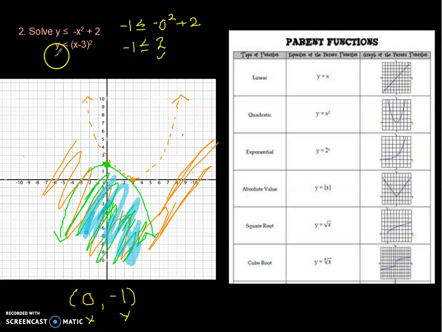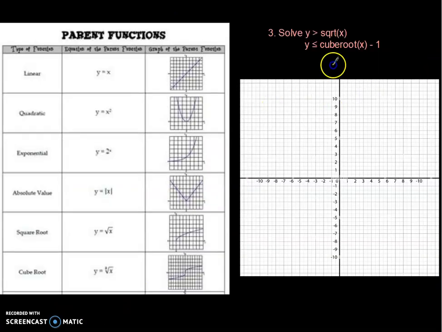If I replace the y with -1 for the second inequality, and I have 0 minus 3, well, 0 minus 3 is -3. And -3 squared, remember when you square a negative, it's going to be positive. -1 is less than 9, so this answer works. And then moving on to our final graph,